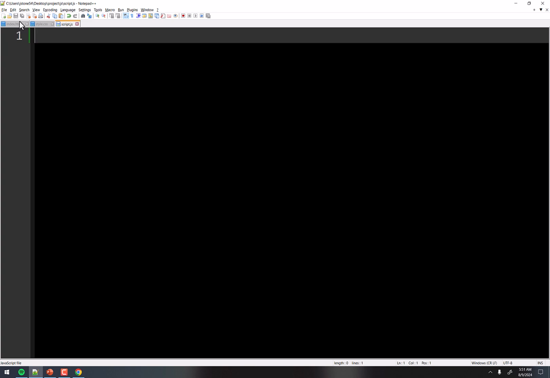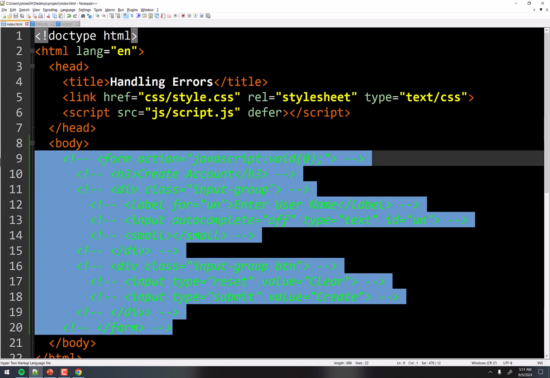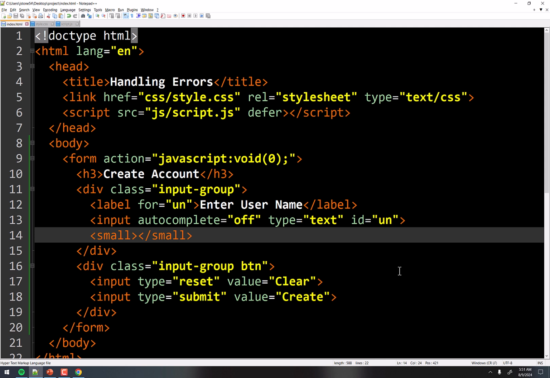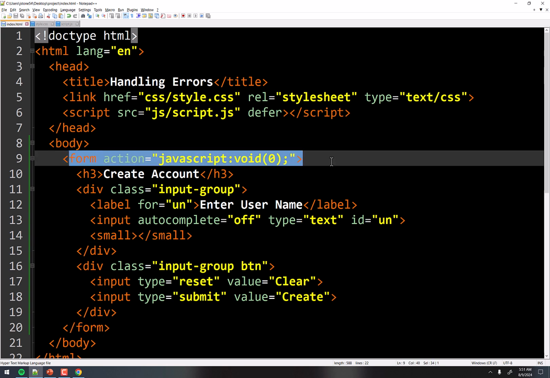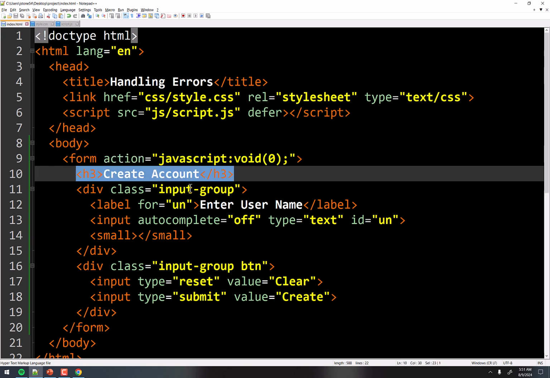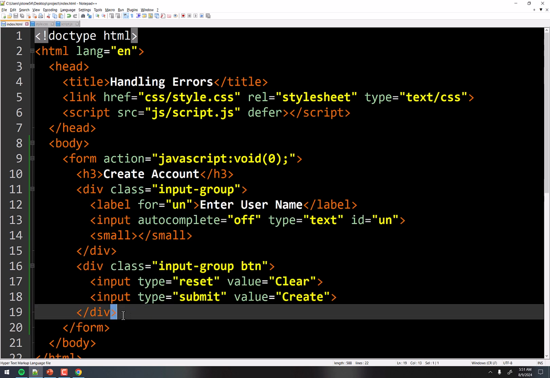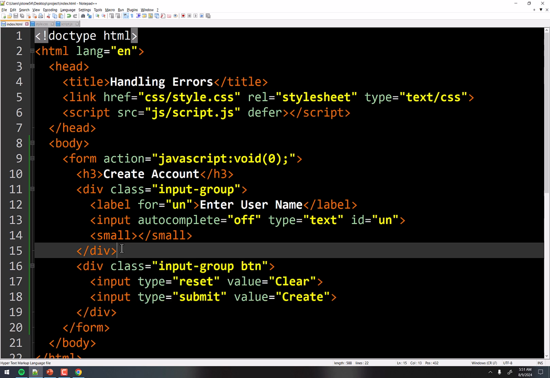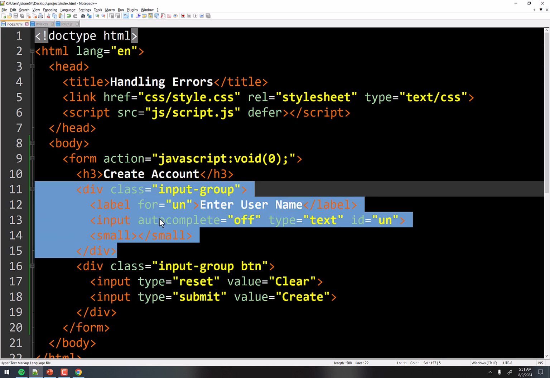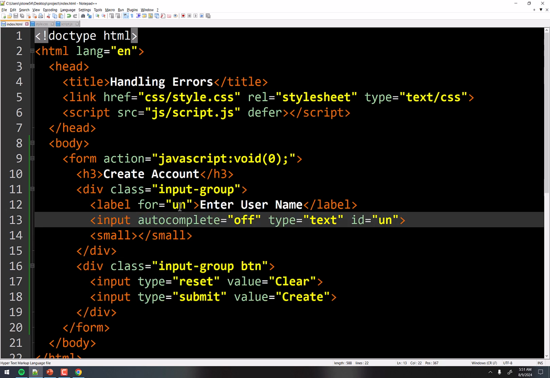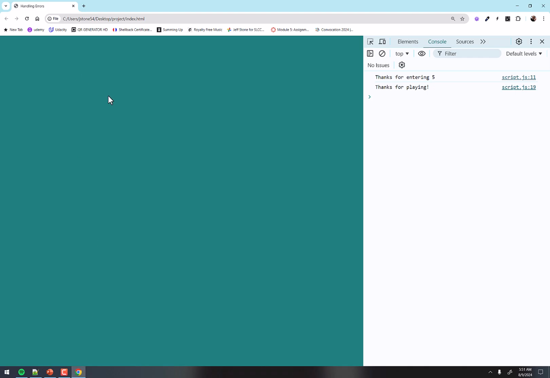So let's empty out our JavaScript and let's put this form in place right here. Don't worry too much about what's here. We're going to see it live on the web page in just a minute, but I've just got a form that I've made display flex. There's an H3, and then this is a flex item. The H3 is a flex item, and then this is a flex item. These are the buttons, reset and submit, and this is just the field that they're going to fill out. And it's the username field, right? Simple. Let's go back and refresh, and we get this.